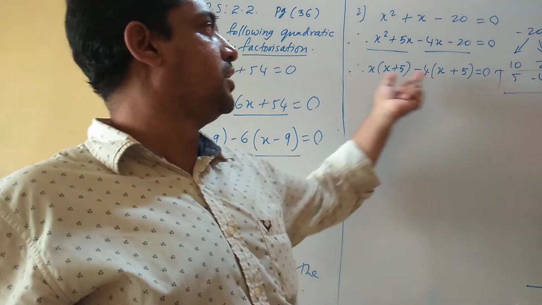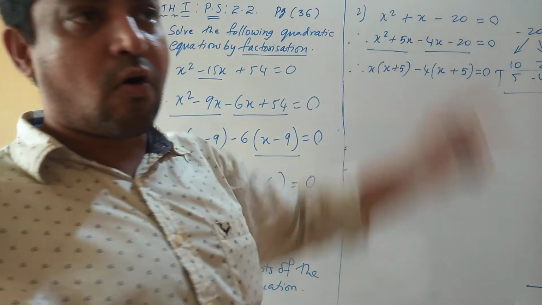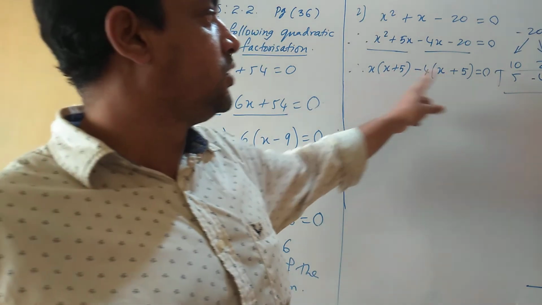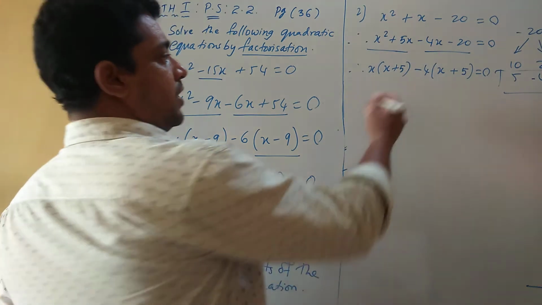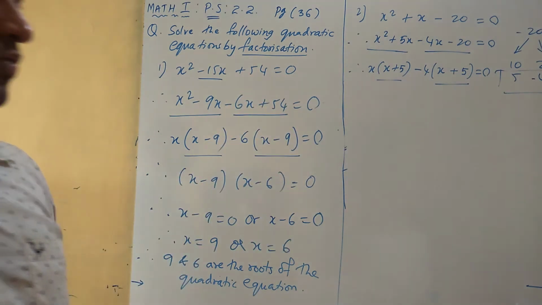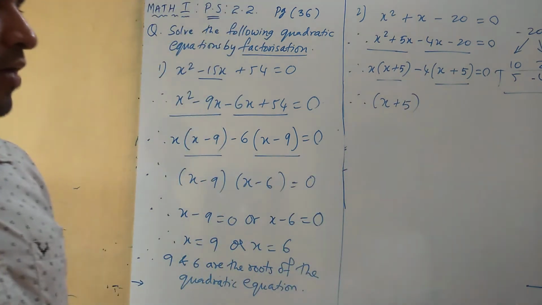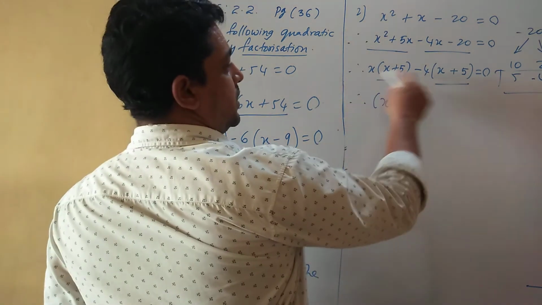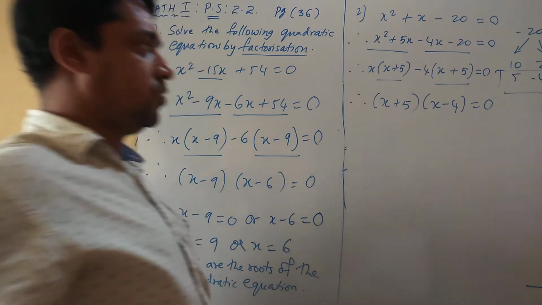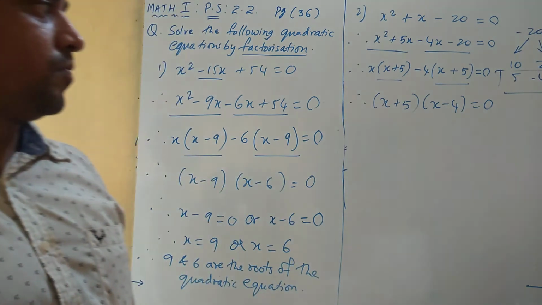I told you this will always be the same. Whatever factor you get here, it should be in the first pair. Otherwise your sum is wrong. You must have taken the wrong sign in the first step itself. If you have made any mistake, this will never match. Now here again it is very easy. The common factor is the binomial factor. Here the binomial term is x plus 5, so I'll take x plus 5 as common. The remaining factor is x minus 4. Is it clear?